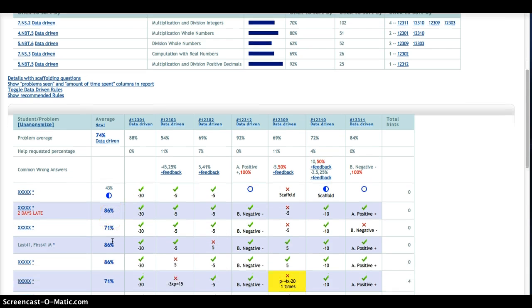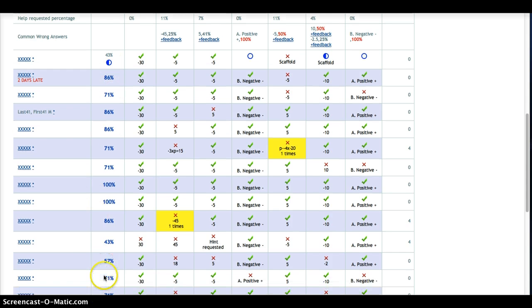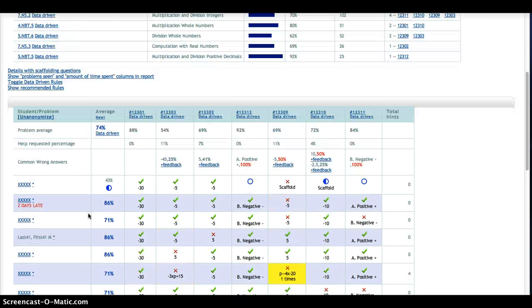And scrolling down, a little reminder of these particular things. The student got 43%, but this half circle means that they did not complete the assignment. And as you look across here, you can see that, and all of our student percents. So we would be looking to see who needs a little differentiation, who's really struggling,